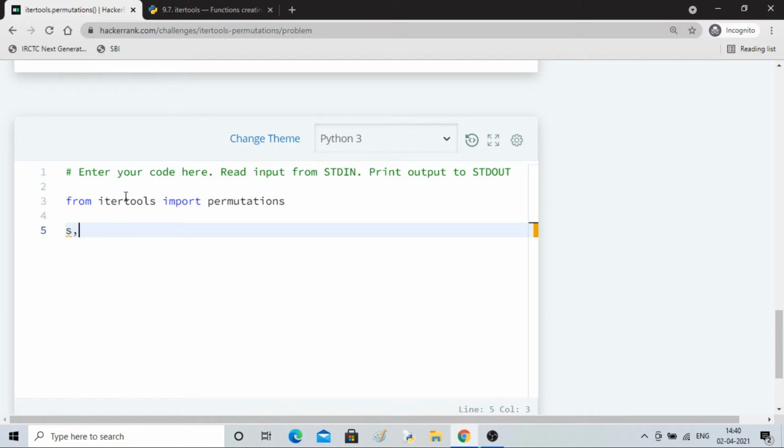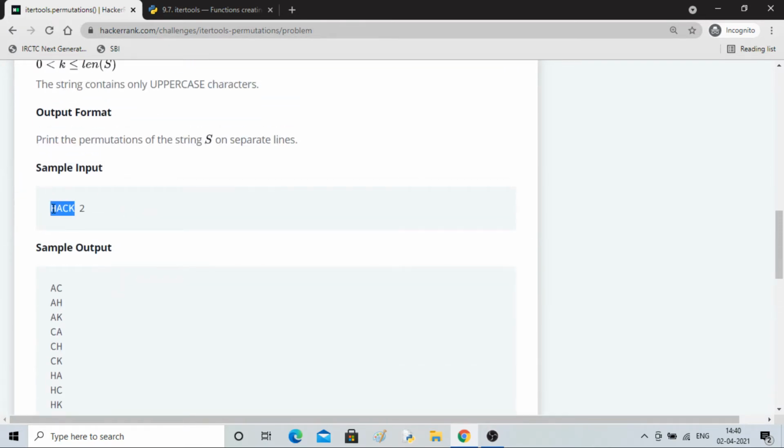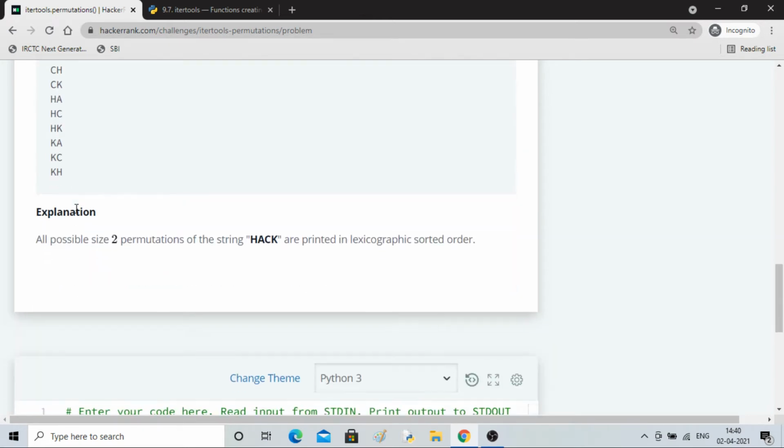And I'll take the input, so I'll divide it into string and size, and I'll call input dot split, because we are getting everything in one line. So my string will be saved in s, and the size is saved in k.